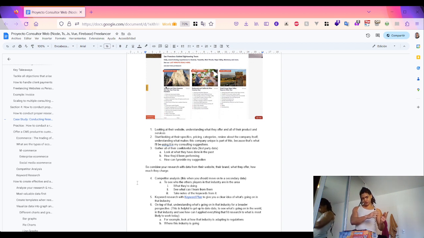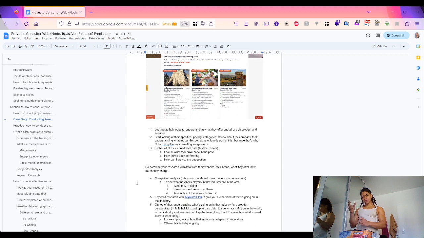Now you can switch to the competitor analysis to see who the other players in that industry are, see what they do, and see what you can learn from that. Because once you do a keyword research based on that, you can know what's going on in this industry. And using keyword research tools to figure that out, on top of that research, you're now going to look at the news to get up-to-date data